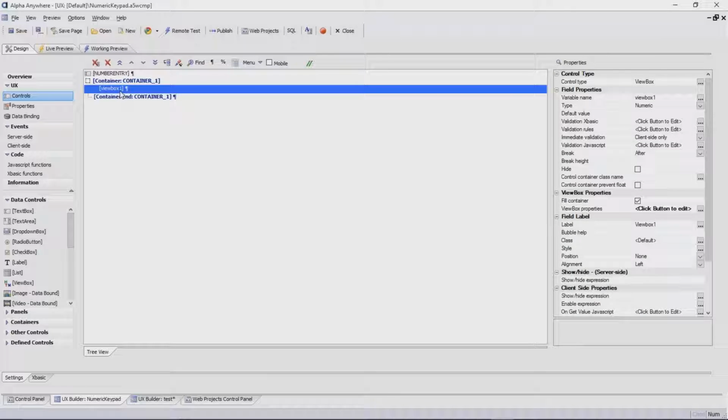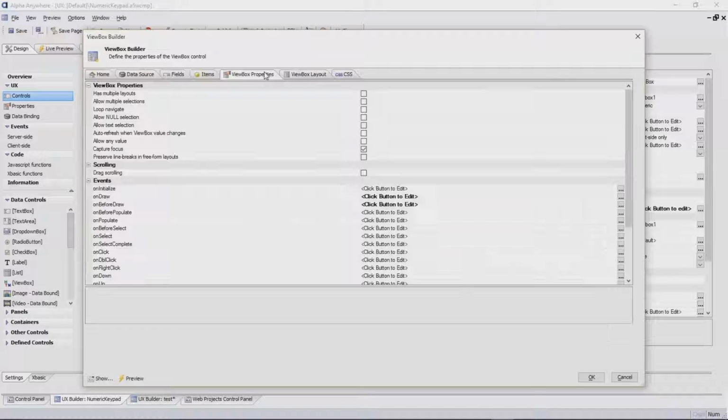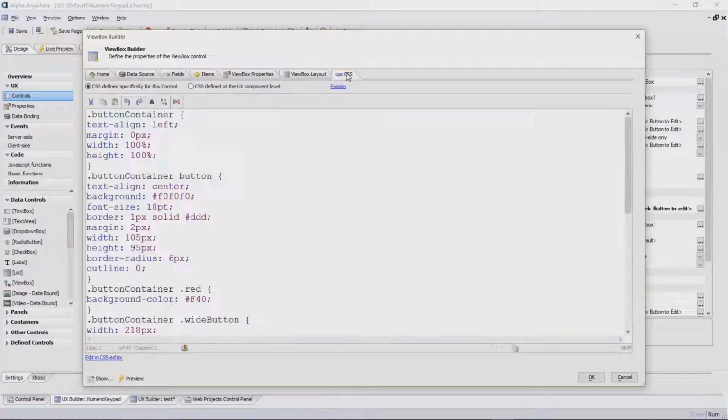And then here's the view box control sitting in a container. Okay. So I'm going to double click on the view box, and here are some button click events that are on there because there's some buttons. So there's an OK button, and I'm going to explain the view box in a lot more detail in another session. But to get to what my problem was here is that I didn't know how to modify it. I knew how to modify the CSS, but it was very difficult to do it in here because although there is a